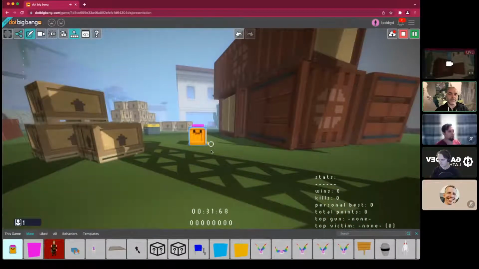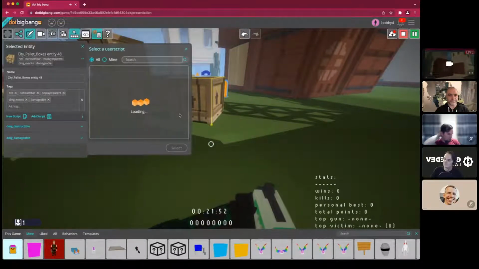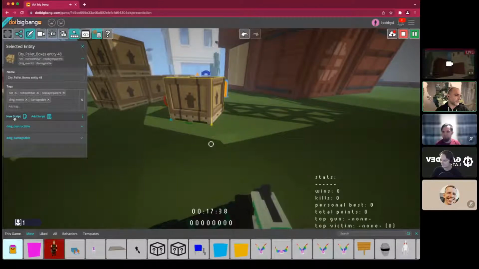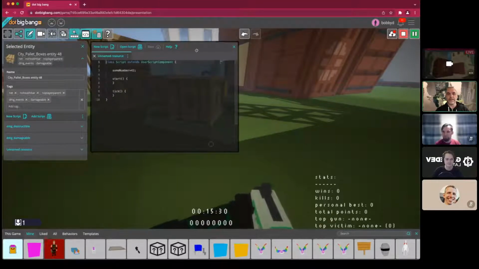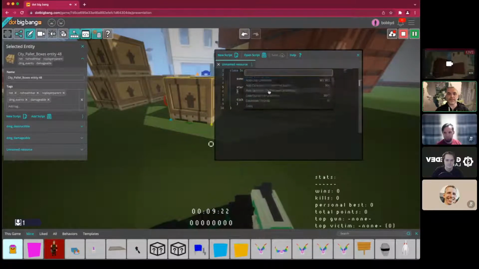From here, we can also take an object and add a script to it. So I'm going to make a new script. And then right here, we've embedded the code editor from Visual Studio Code. So if you use Visual Studio Code, you'll recognize this command palette. I can format the code. And what we've done is